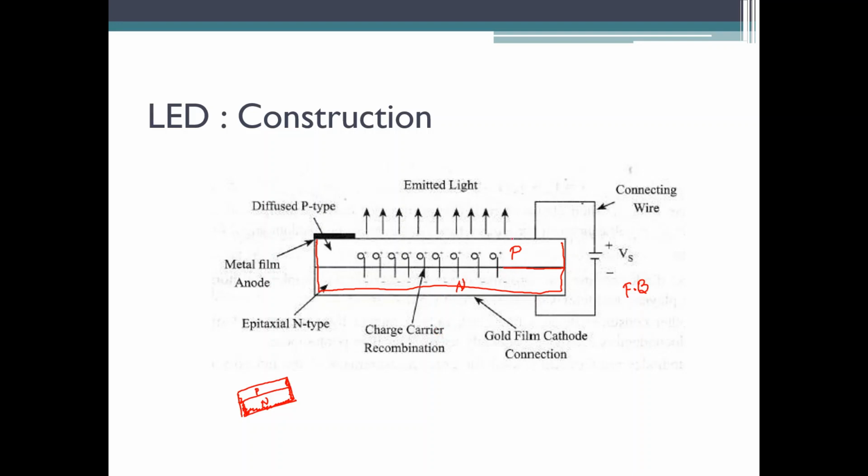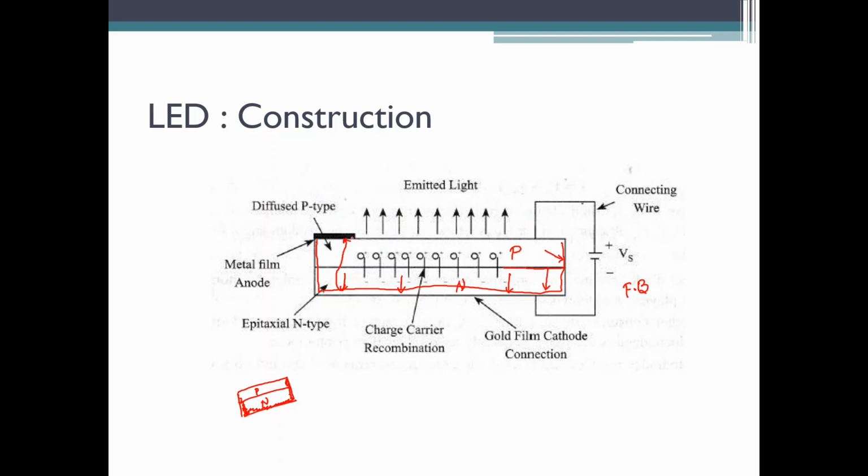Why is it connected? In case the light emitted by the p-type material goes and hits the surface, this material is 100% reflective, which means whatever light hits the surface will be redirected back to the front side itself. You can observe it. If you take a small LED, on the back side of that LED you can see at least a silver foil kind of coating, which is connected to make sure the light given to the back side of the LED will be reflected back, so that my LEDs will be 100% efficient in giving light.